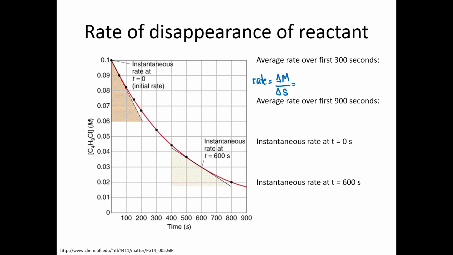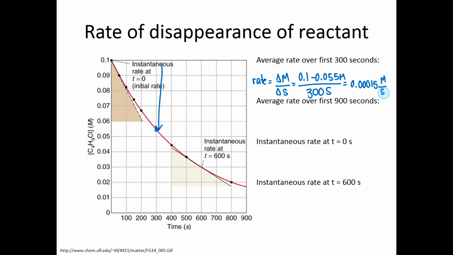change in seconds. So over the first 300 seconds, we're going to say the molarity went from, what did it go from? It went from 0.1 to 0.055, I'm going to say. It's somewhere in between 0.06 and 0.05. So I'm going to say 0.055. And then the change in time was 300 seconds. So I am going to plug that in my calculator. And I'm going to say 0.1 minus 0.055 divided by 300. That's going to give me